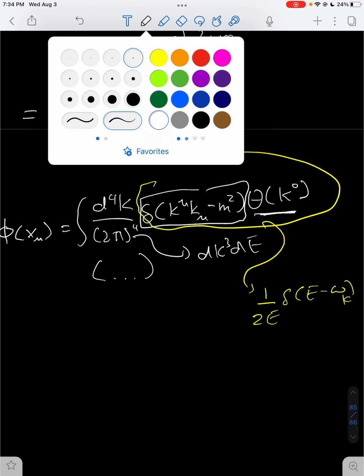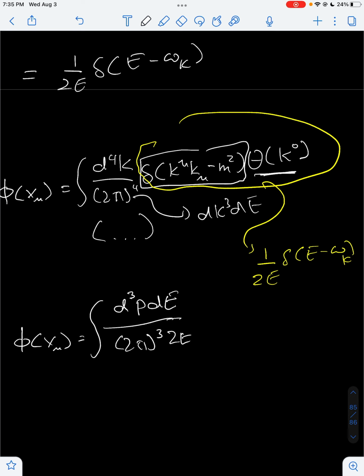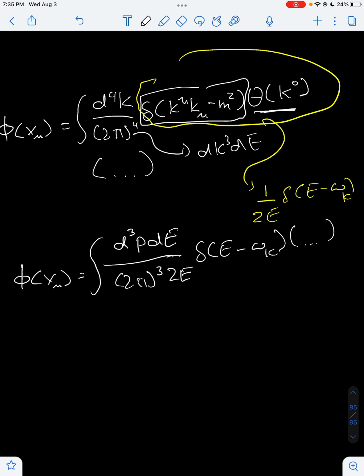So our formula for our field, phi of x mu, is now the integral where we separate this measure into p and dE, over 2 pi, times 1 over 2e, times delta of e minus omega k. Now we can use the cool property of the delta function,